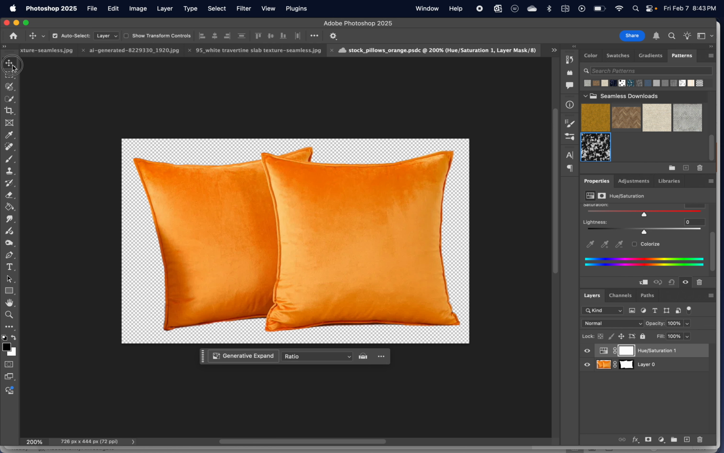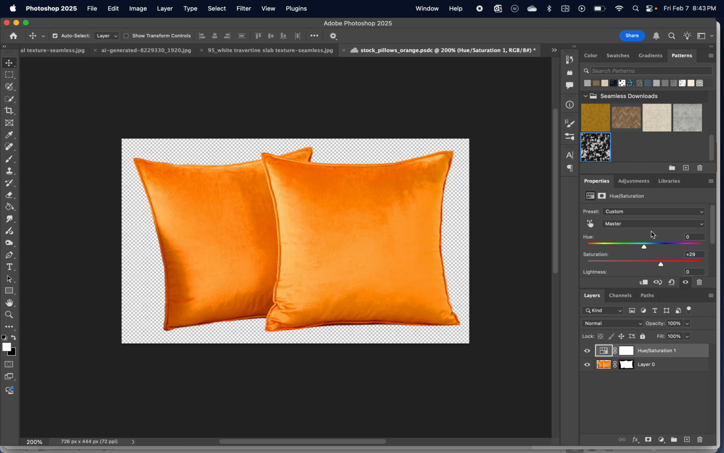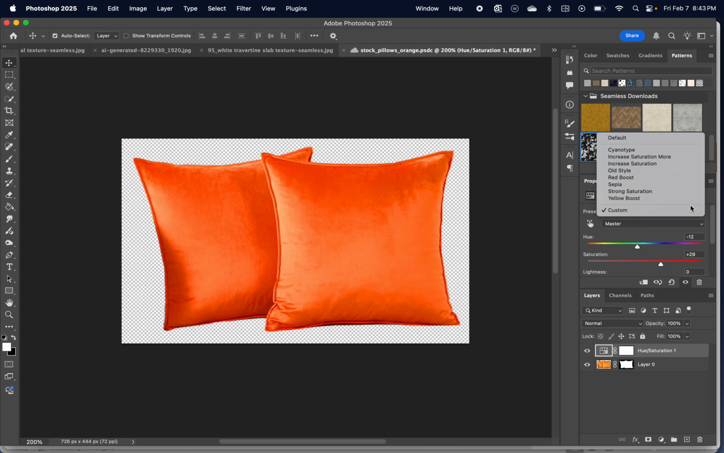So we've got these pillows now isolated. They're on their own layer. We attempted to apply hue saturation, but we're just gonna leave it. Like I said before, if I wanted to change the color of these, I could actually